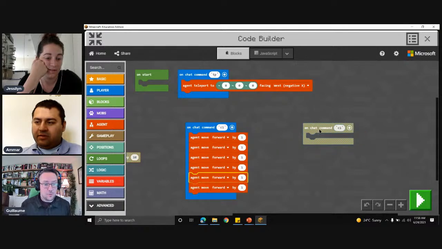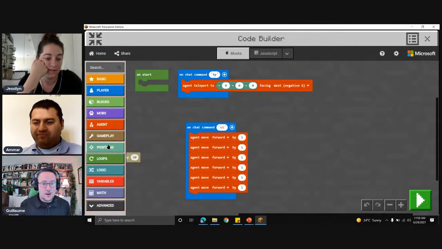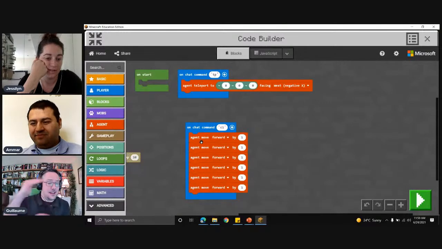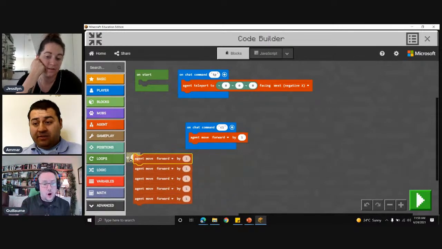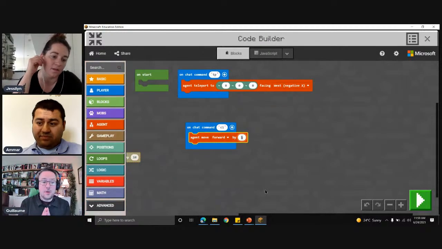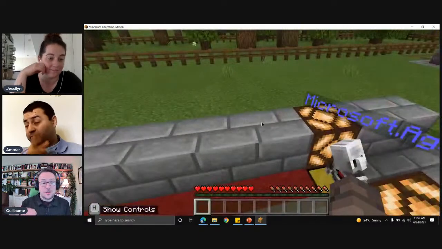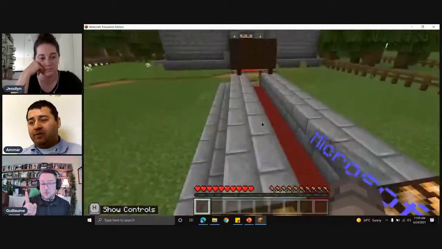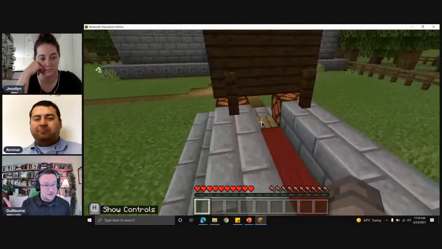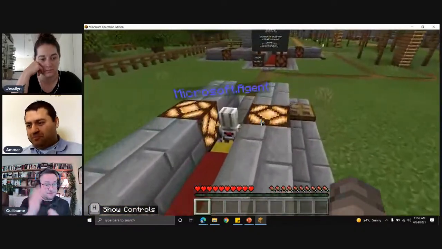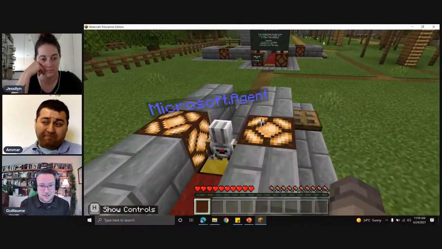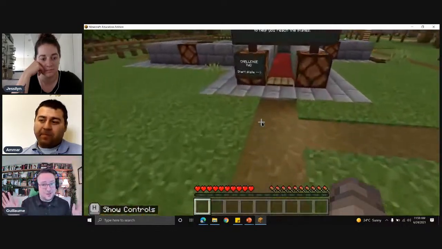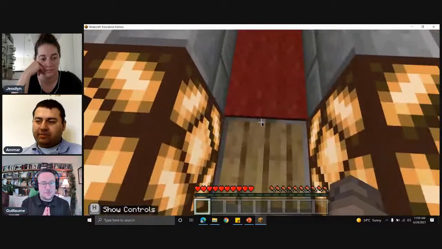So this answer would be correct because your agent would have made it to the end if you had 10 blocks like this. So when you code, there's always more than one way to arrive at the right answer. So sometimes our code is very efficient. Like what Amar did was only 1 line of code, right? And he reached the end. But we could have had different ways of tackling this challenge, and the next one has all sorts of strategies that you can use, so we'll keep that in mind.